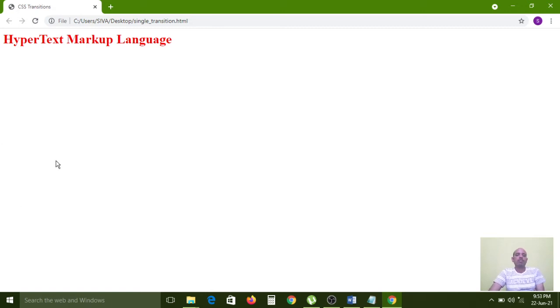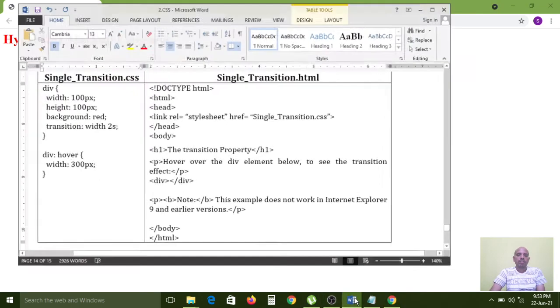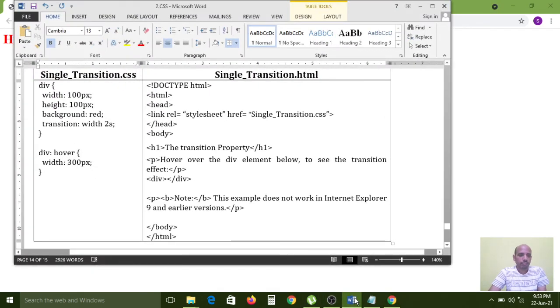Carefully observe. Now my mouse is moving over the heading. Then it is not displaying anything. Why? Now let us understand.